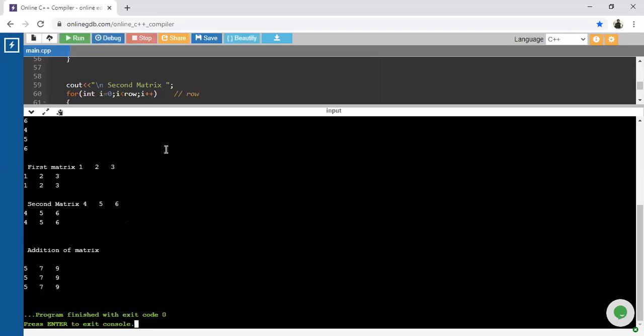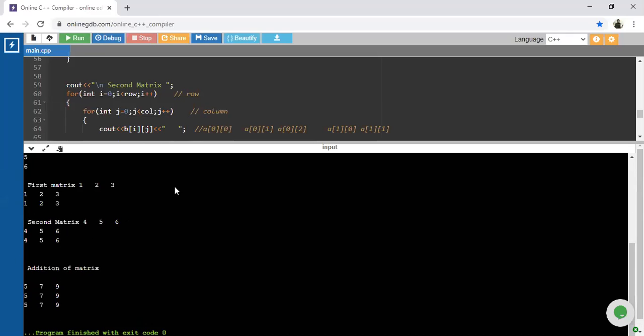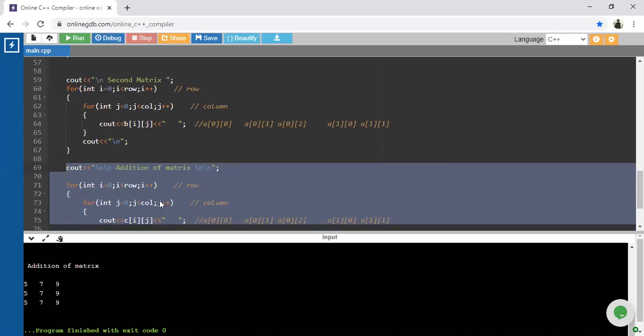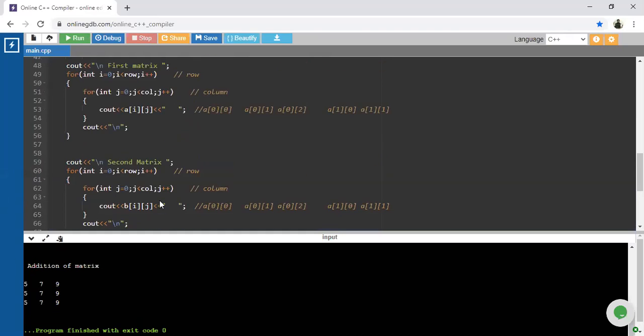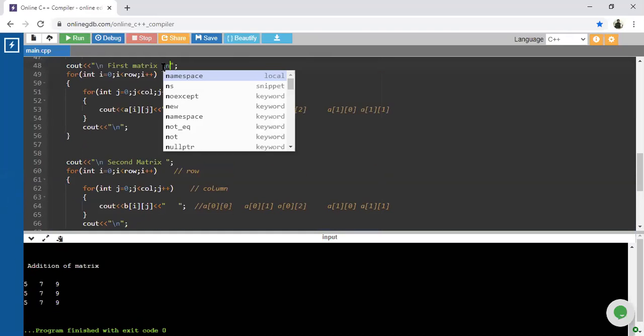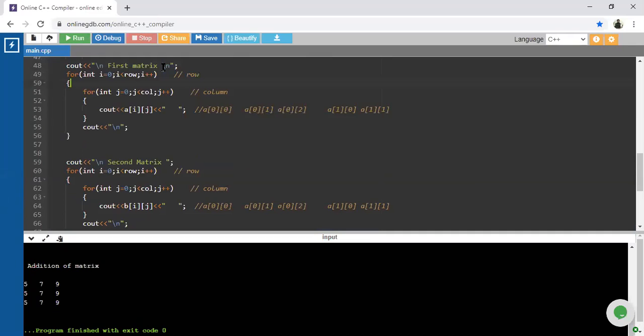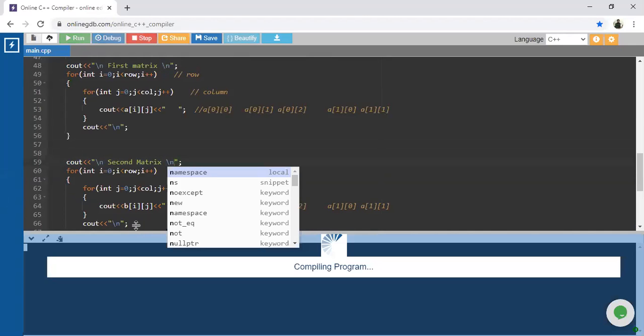Now once I enter this, what happened here, guys? We have not provided the \n after that, so that's why the output is available in the upper line. So I will use \n here and \n again. I will execute this code again, so it will display in proper format.